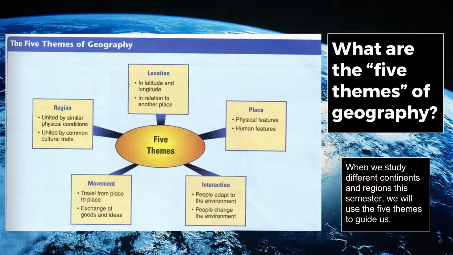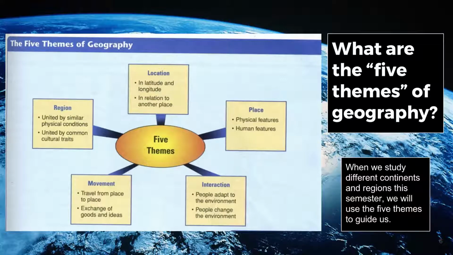The first of those, and please write this in your notes, location. On the left side of the line, you can write what is location. On the right side of your Cornell Notes line, you can write, we use longitude and latitude for location, and we use location to describe where we are relative to another place. So for example, if I say that Salem is along the Willamette River, that would be a way to describe Salem's location. If I were to say Detroit is in the mountains next to the lake, that would be a way of describing that location.